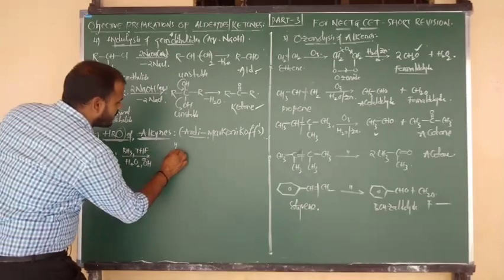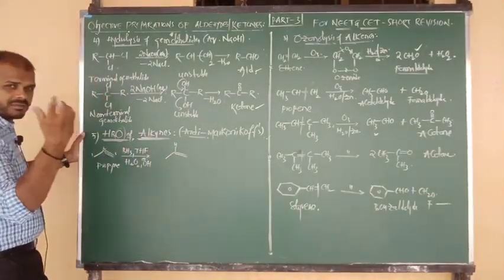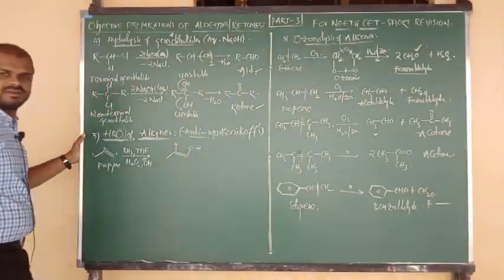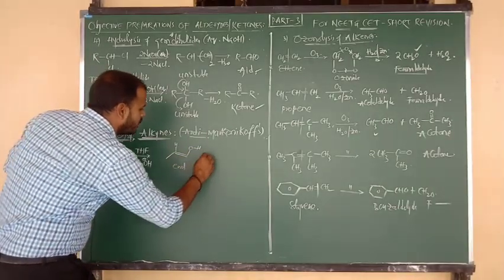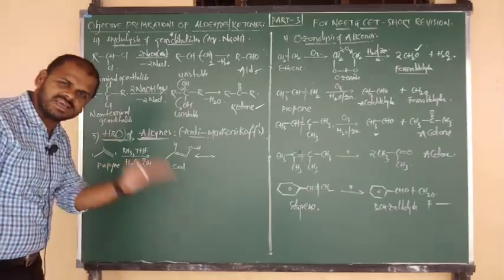After attack of the water molecule, the triple bond becomes a double bond. And the OH group, nothing but the negative part, is given to the first carbon. Now this is looking like a double bond and ol, so we can say this is nothing but enol. The enol form is unstable, it undergoes keto-enol tautomerism, or we can say rearrangement.